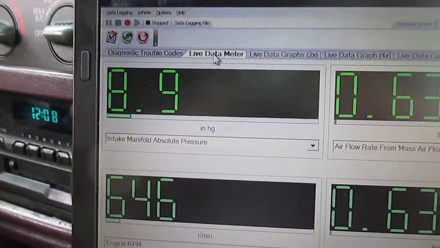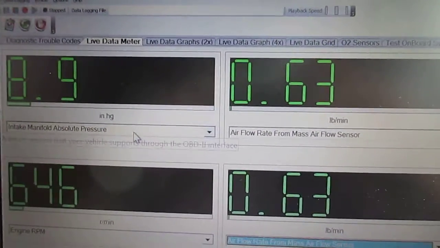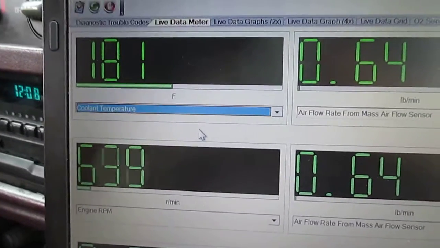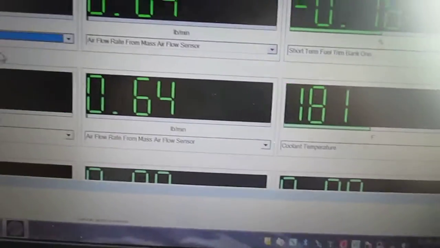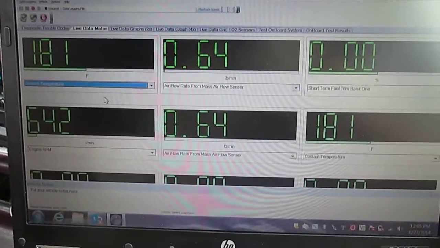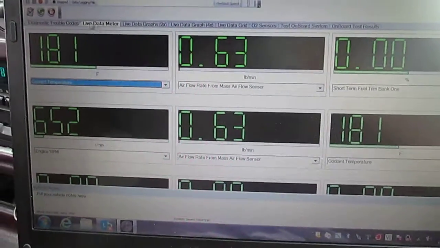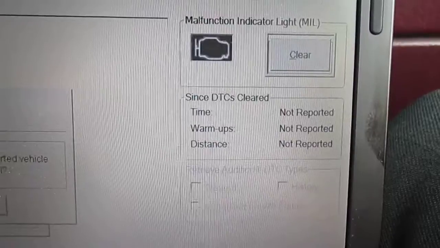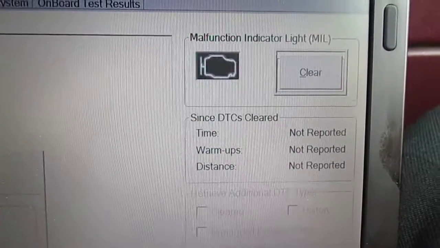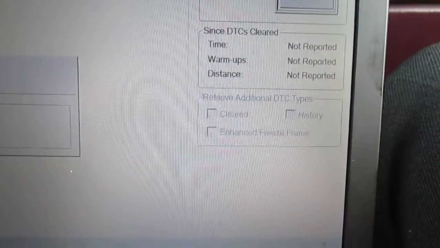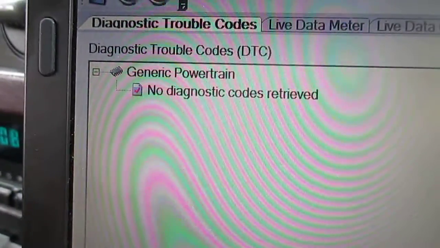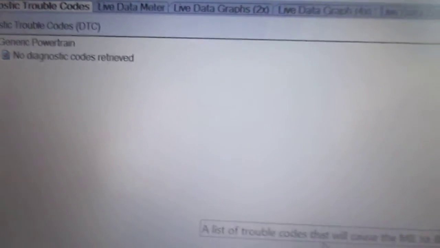Sometimes it makes sense to look at it digitally in this fashion. And again, we got drop-down menus and a whole host of things we can go measure and graph. I think there's up to 9 things you can graph on this page, or digitally view on this page. Okay, and of course, this is where you're probably going to start out, is with the trouble codes. And over here on this side is our status. Is the check engine light on? Over here we'll actually be told, in this case we have no codes, but